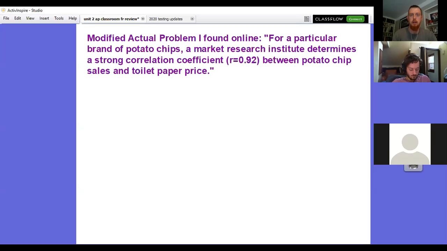That is an incorrect understanding of correlation. Just because these two things are going up at the same time does not mean that potato chip sales are causing the toilet paper price to go up, or conversely, that toilet paper price going up is causing potato chip sales to increase. So if we were thinking about this as a